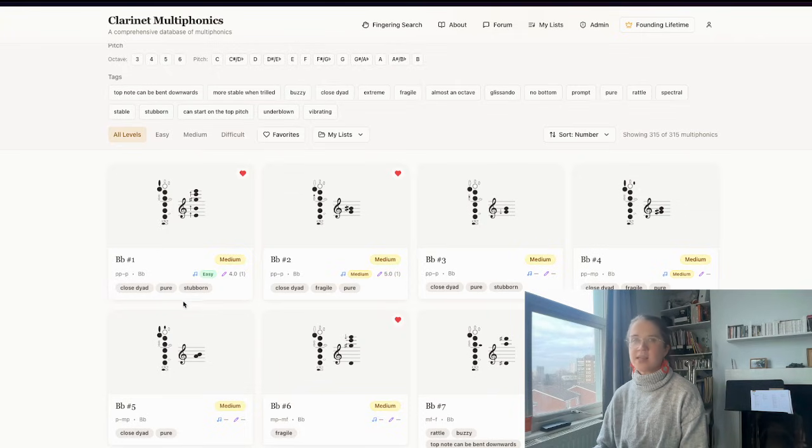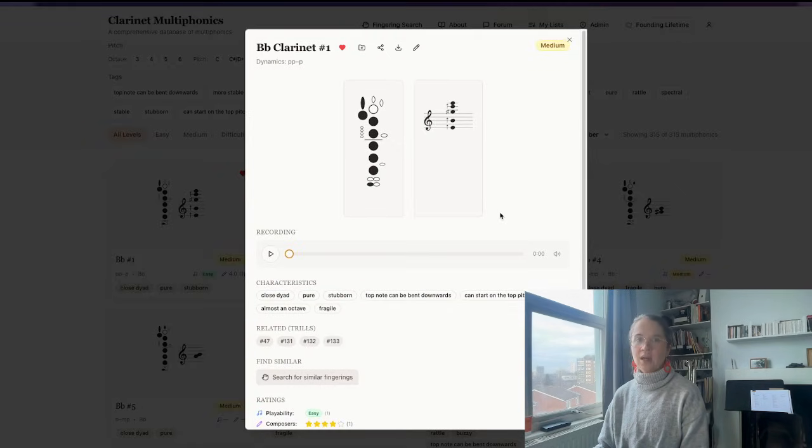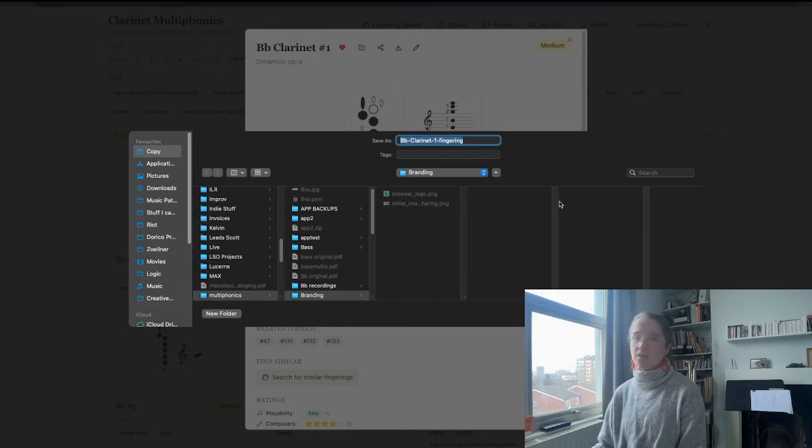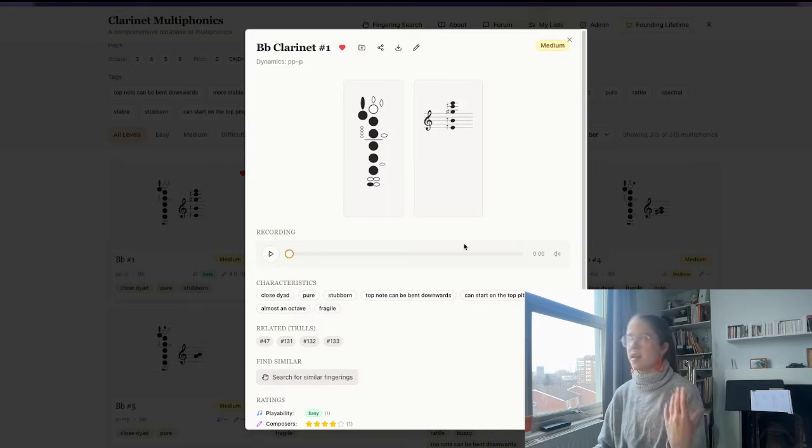So you get the basics here, but you can't play the recording from the preview menu. When you click on each multiphonic, you get the fingering diagram, and the fingering diagrams can be exported really easily by clicking this button here, and then you can save an SVG file of that fingering diagram. SVGs are really useful because they're scalable, they have transparent backgrounds, and you can just add them straight into Finale or Sibelius or Dorico or whatever you happen to use,